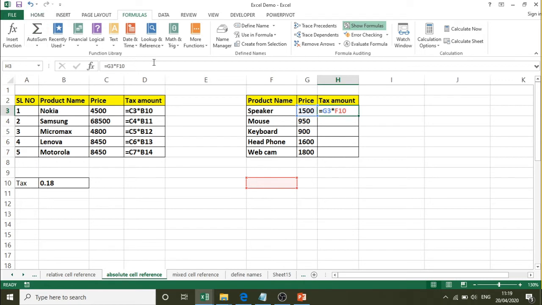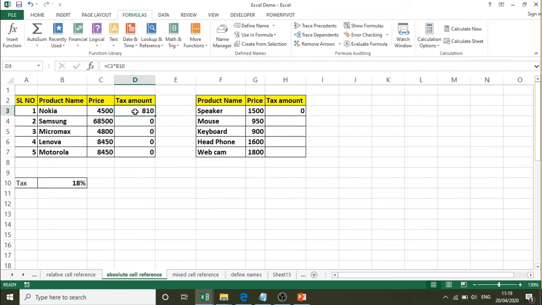Let us understand better. I will remove this and delete this also. First thing I will do is, I will make use of equals C3 into B10. For this I will be using the dollar symbol, you see, $B$10. That means I am using absolute reference. So, what happens when I use absolute reference?